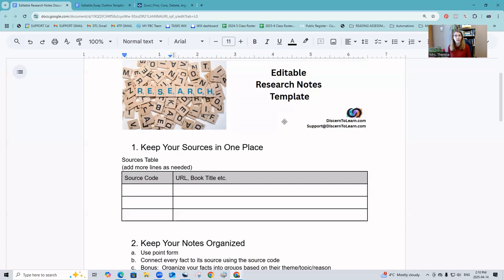But the very first thing students need to do when they're trying to prove whether or not zoos are a positive thing or a negative thing is they need to know both sides of the argument. It's really, really important that students don't just go into this and decide ahead of time what it is they're going to prove. And the reason for that is you need to have facts and proof. You need to know all the sides of the argument.